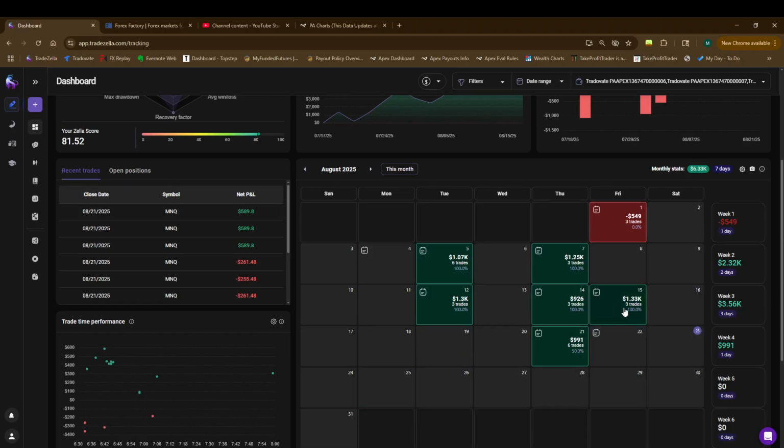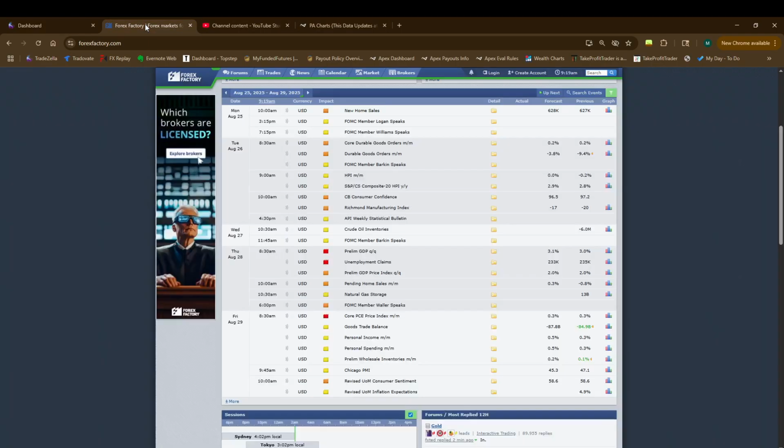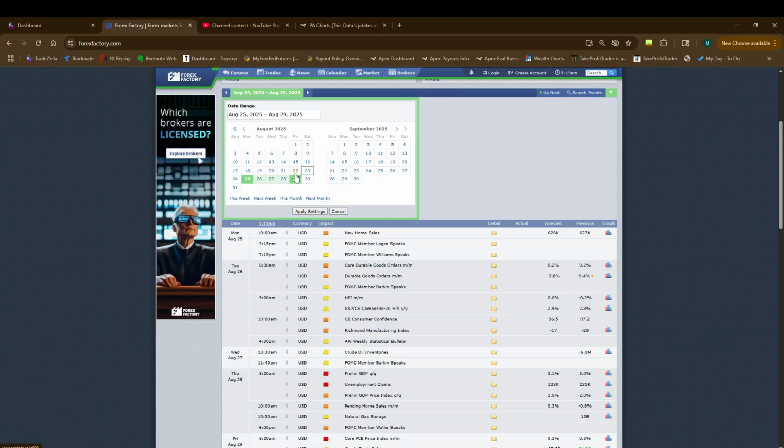So the 15th was the last time that I traded last week, which was a Friday. And then I didn't trade the 18th, 19th, and the 20th, and I ended up trading that Thursday just because of the news event that was given that day. So if you go back to this week and look,